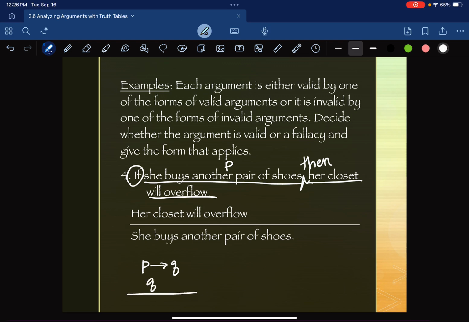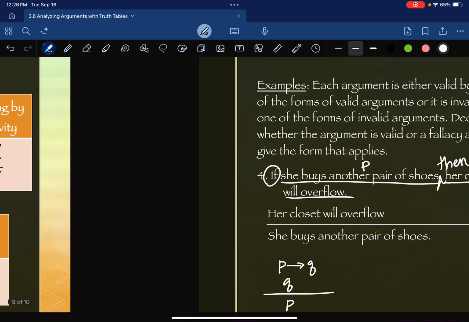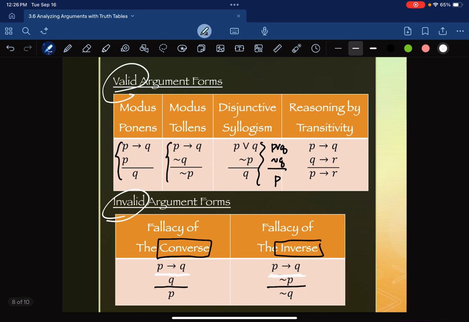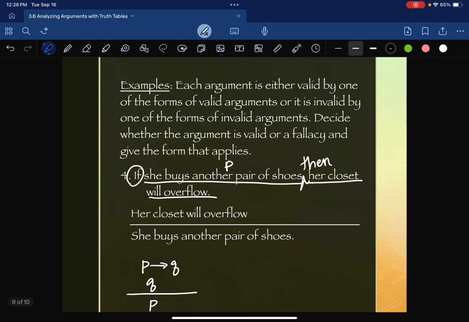And then we have the line underneath it. And it says she buys another pair of shoes. Well, that's what we said P was. And if we go over here and compare that, that actually matches this one right here. P implies Q, Q, P. This is an invalid argument, and it's because of the fallacy of the converse. So this is invalid